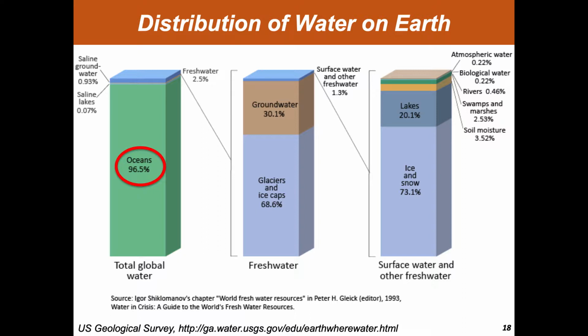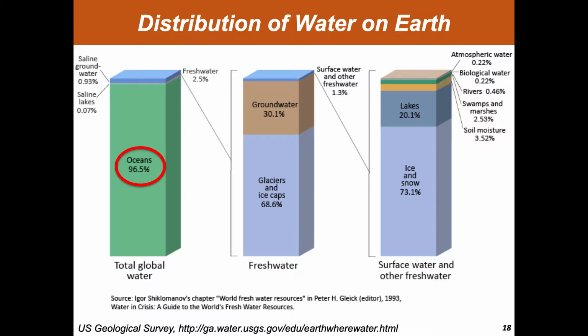And of the surface water that's not frozen, a fair amount of that is tied up in ice and snow in areas where a lot of people don't live. And so of the water that's on the earth, only a small fraction of it is